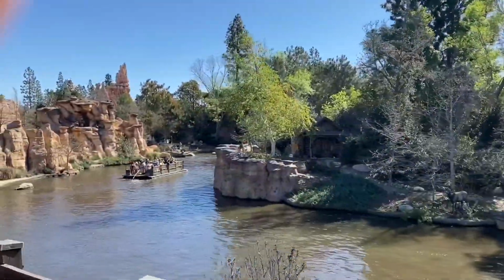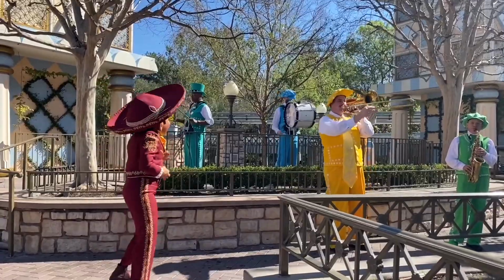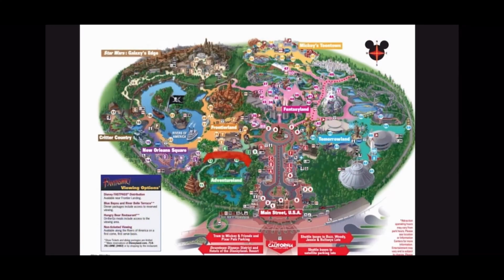Alright guys, let's start our trip in Disneyland. This is what we think you should do to make the best out of your day. You can start first by going to Star Wars Galaxy's Edge or to Adventureland, which are the two most popular places these days. You could do either, but in this case, let's do Adventureland since it's closest to the entrance. We'll let you know which rides to go on first, early in the morning, before it gets too